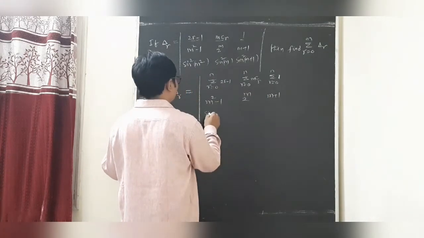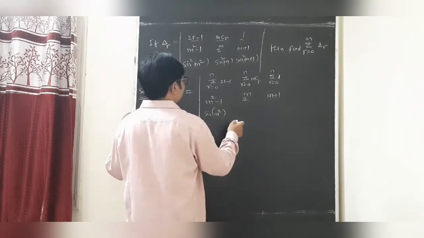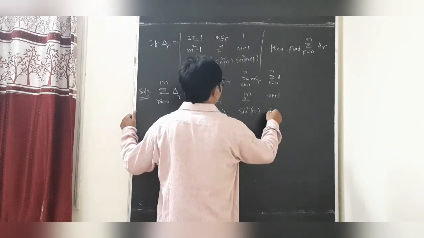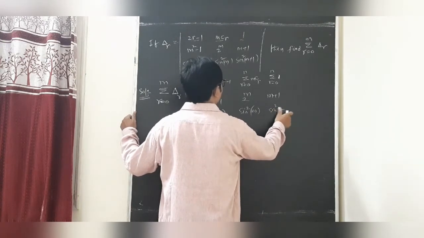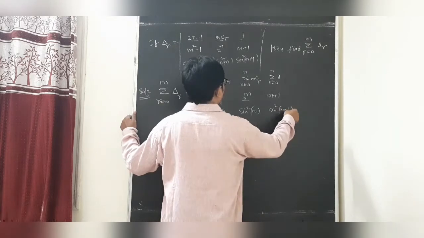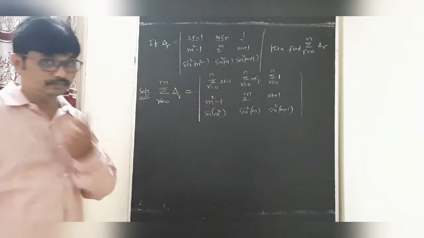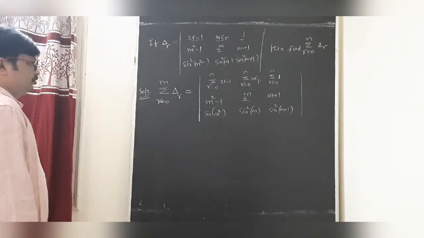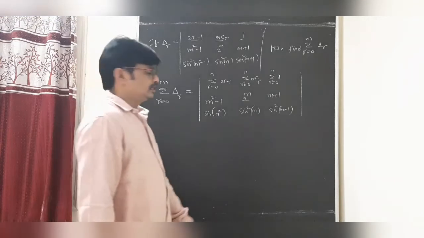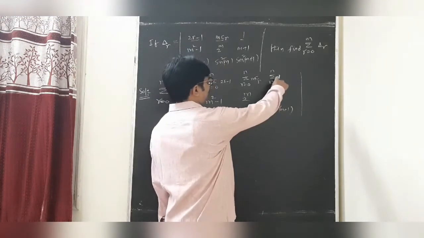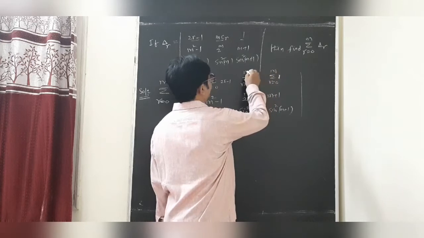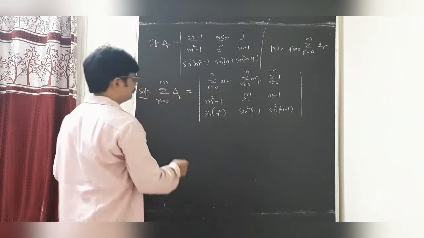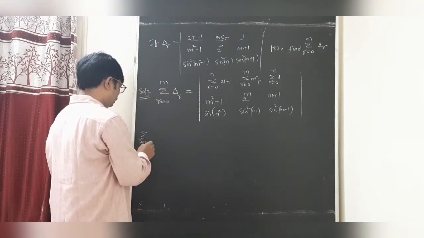Now students, sine square of m, sine square of m plus 1. Dear students, how to write here? So here, one minute students, undoubtedly this is r equal to 0 to m. These are all m. Undoubtedly students, 0 to 1 means just now we have to find sigma r equal to 0 to m of 1.